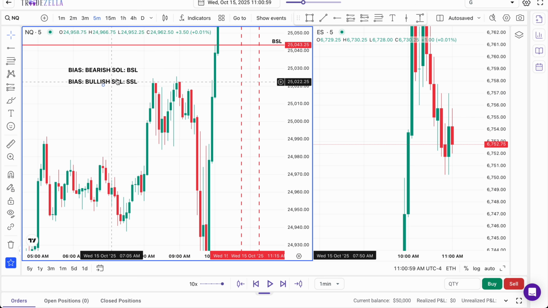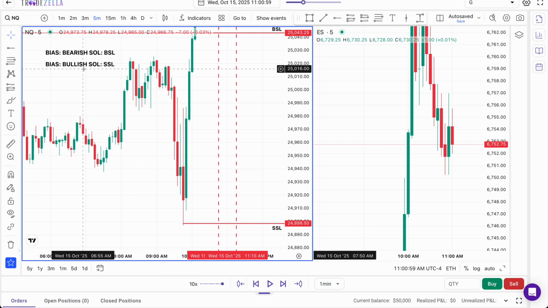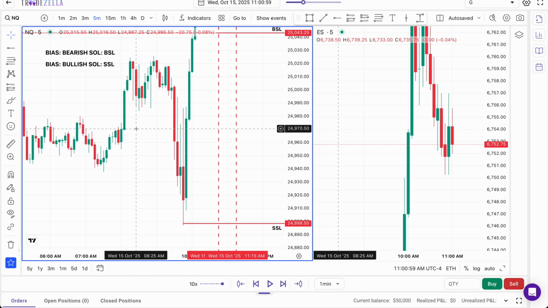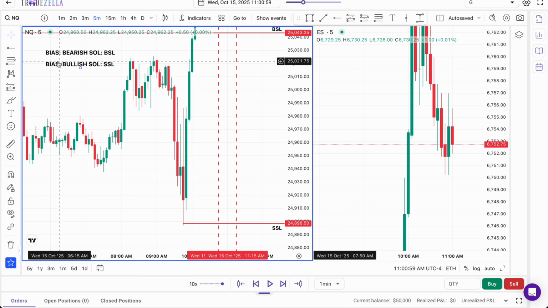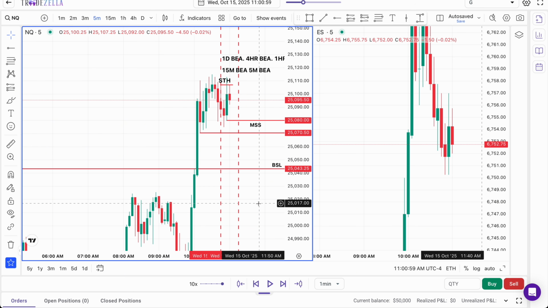And if you are seeing price action take out a point of sell side and then formulate a bullish bias, but then when you see it shift higher, it then takes out a 5-minute high or a 15-minute high, which is more substantial, then that is now a sweep of buy side, which is now going against the trade. That immediately invalidates the trade. Now I don't want to see people taking trades which we now have a sweep of liquidity against the trade.